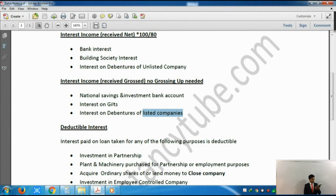All right. Next one on the list is interest income received gross. So this one is the income which is received gross and no grossing up needed at all, because it is already received gross. First one on the list is the National Savings and Investment Bank account. It is a type of account which encourages investments. So if you put the money for investment purposes into the National Savings and Investment Bank account, it is